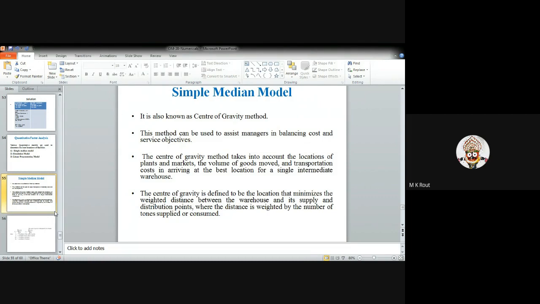So if you take the best example, can you tell the company name which is very famous in seafood industries in Odisha? Falcon Group, sir. Exactly, Falcon Group. If you take the example of Falcon Group,